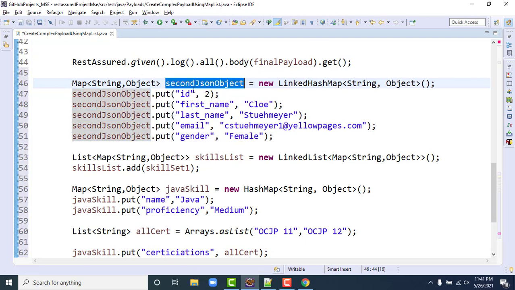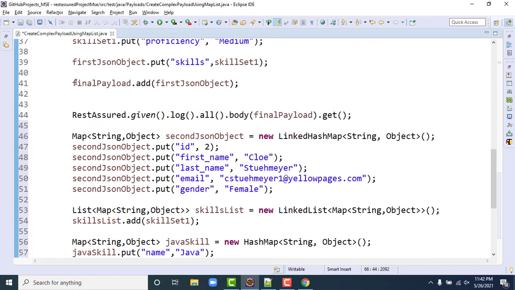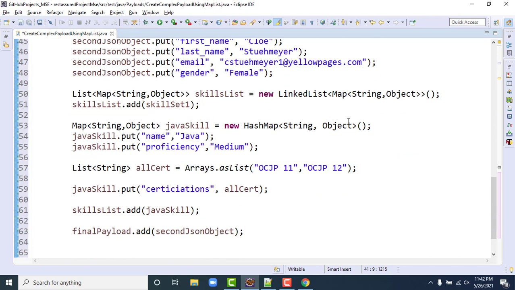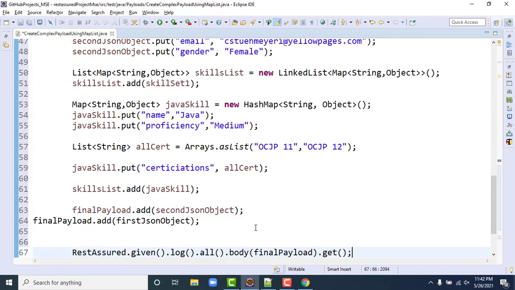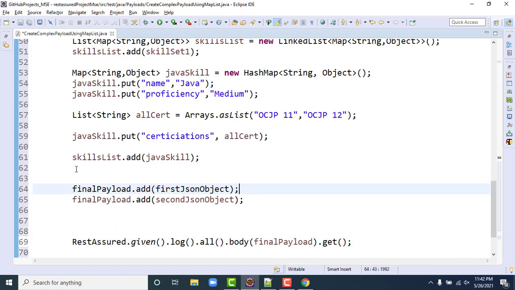And you can see how it is changed automatically everywhere. So let me add it here. So what I did in the final payload, this is the first JSON object, this is second JSON object.